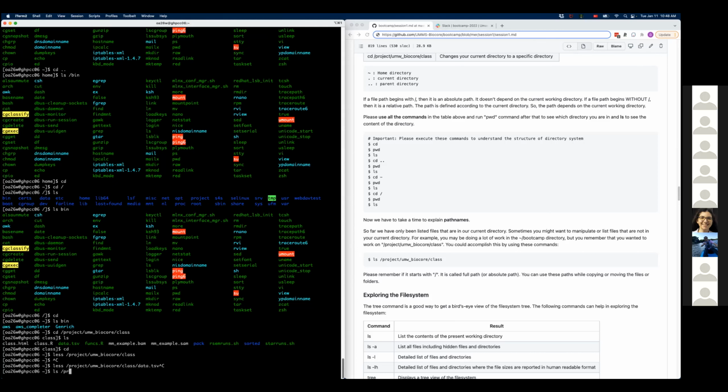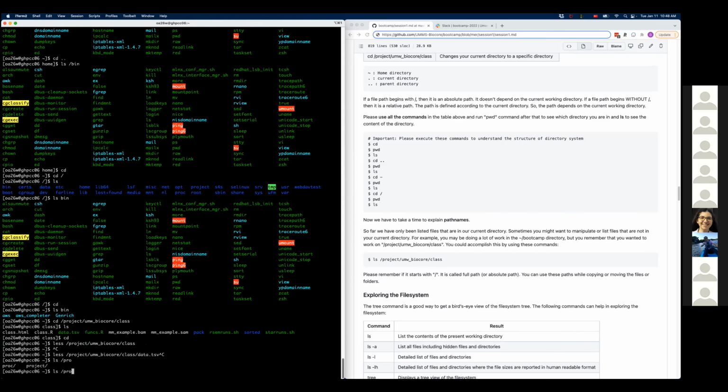So if after PR I hit tab and it types O, which means there's pro, and then maybe there's programs and project and various different things. If I hit tab twice, it shows me what's available, right? So there's proc and project. Then I type J, and now it can't be proc anymore. If I hit tab again, it completes until you have another option or the directory is finished.